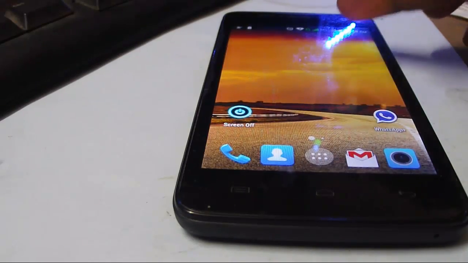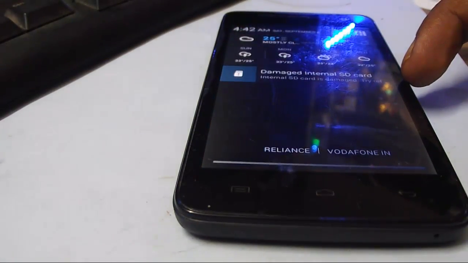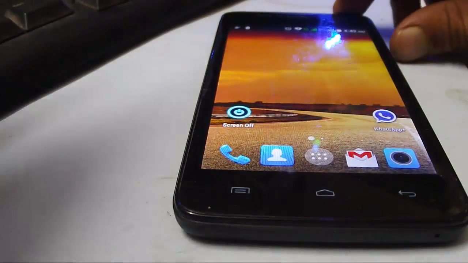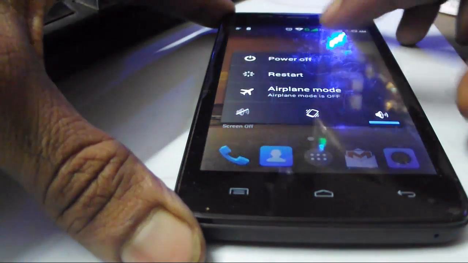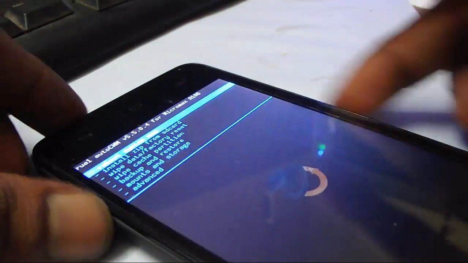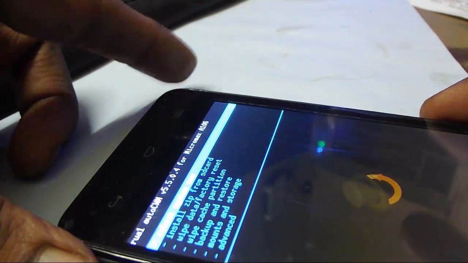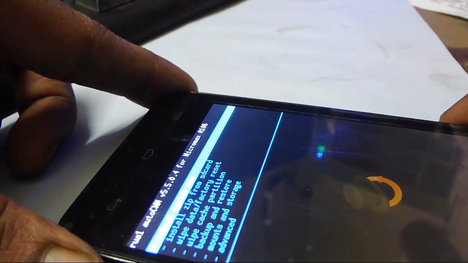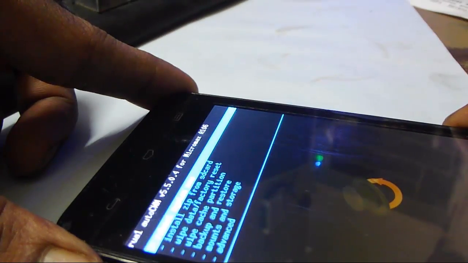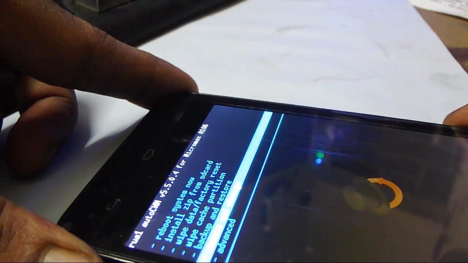So in my case, I am getting a damaged internal SD card. You don't have to panic on this error. You just reboot your phone to the recovery. I have turned off the phone and I am pressing the volume up and down buttons and then pressing the power button. It will ask me to go to recovery by selecting the volume up key. Once you are in CWM recovery, the problem still remains that the recovery comes up inverted, so you have to be careful while you operate in this mode.